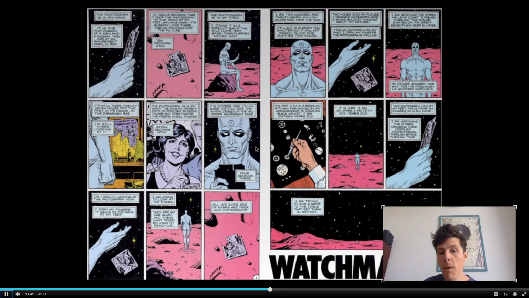Even though Moore and Dave Gibbons actually don't, they're not like Frank Miller. They don't use interesting shapes. They follow this very regular 9-panel grid. But they use that in a really creative way, as you can see here in this slightly more extended version of the page I showed you a moment ago. You can see how